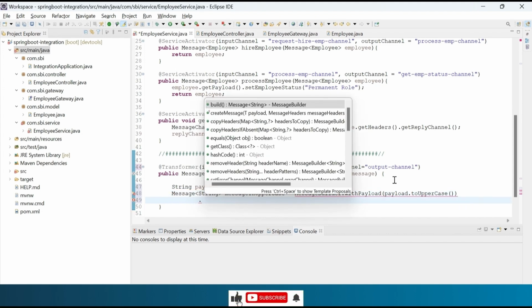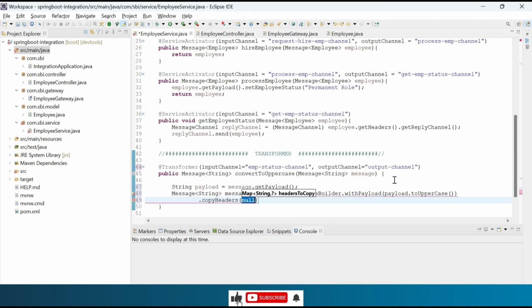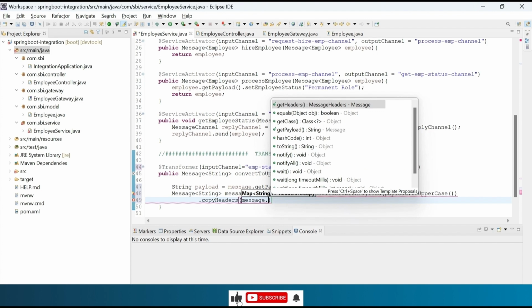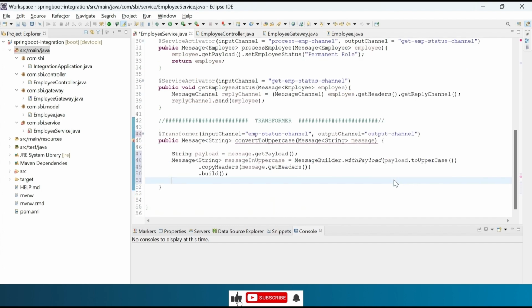Call the copyHeaders method by passing the headers and finally call the build method on top of it. Return the new transformed message.